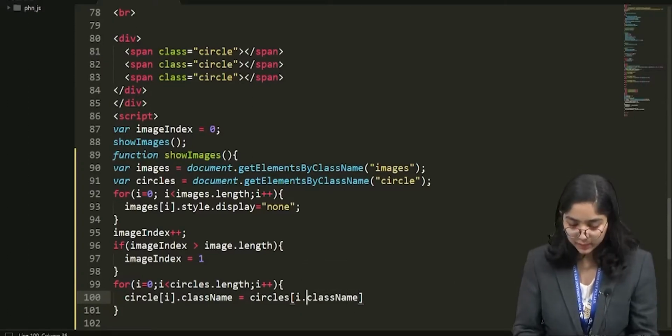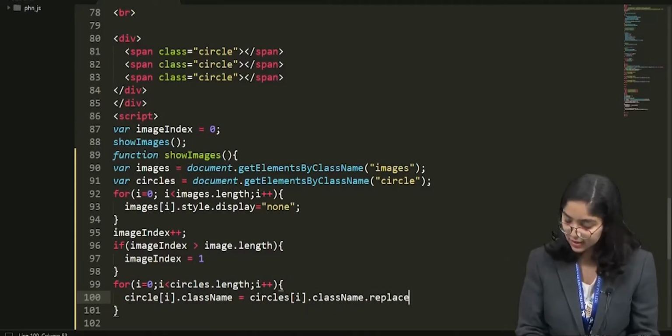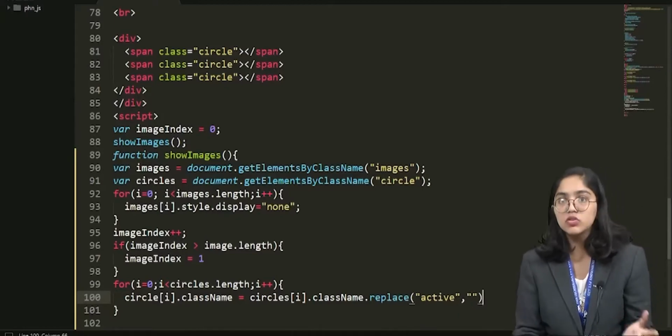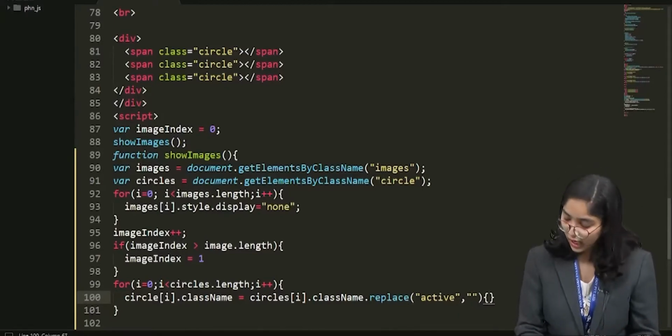Okay, I'm sorry, here should be the bracket. Class name dot replace as active. And after that nothing, because replace has 2 functionalities, and that's how we close it.